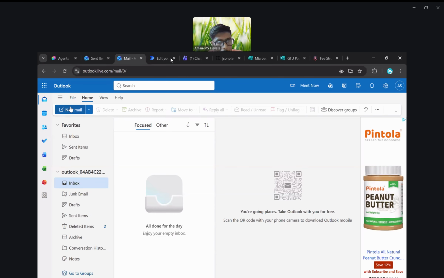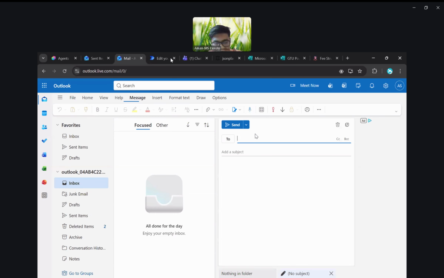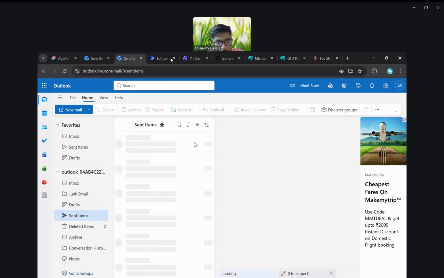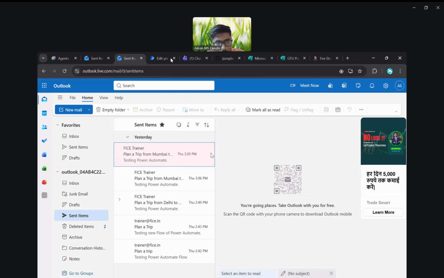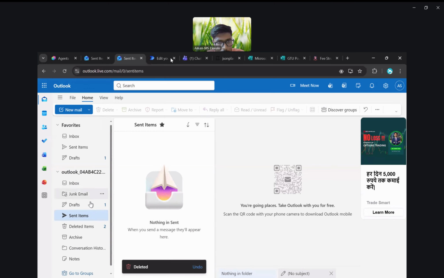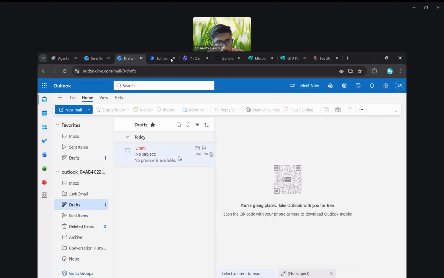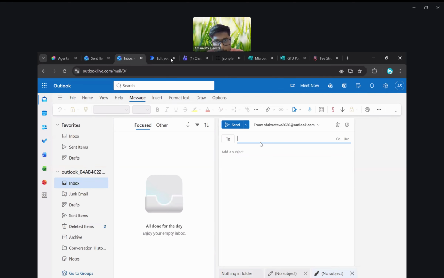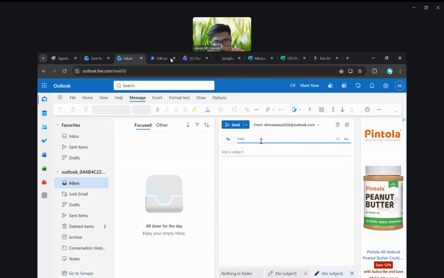So, for example, let me write a new mail. In sent items also, let me delete. I'm deleting everything. In draft also, let me delete. Okay. Send a new mail to trainer